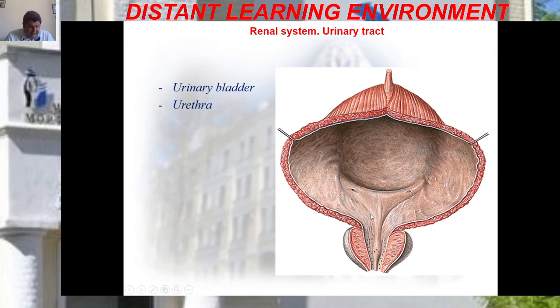At the corners of the base of the trigone are the orifices of the ureters. The base is bounded by the interureteric fold passing between the orifices of the ureters. Behind this fold there is a depression in the cavity of the bladder called the fossa retroureterica, which increases in size with the growth of the prostate.